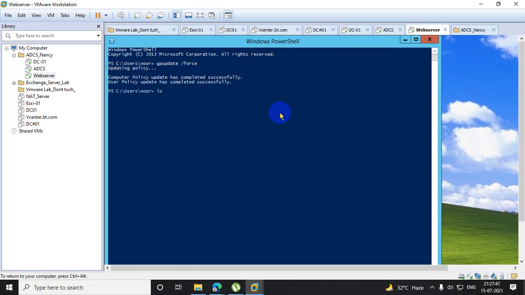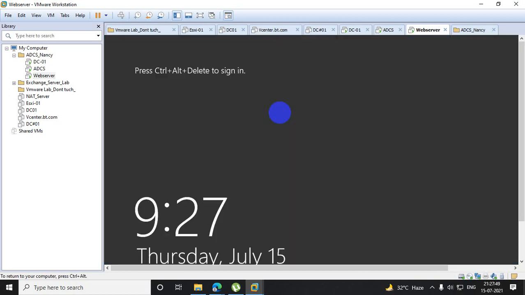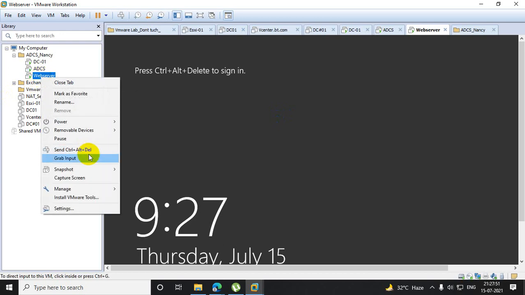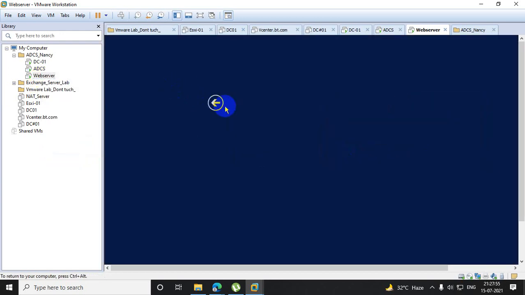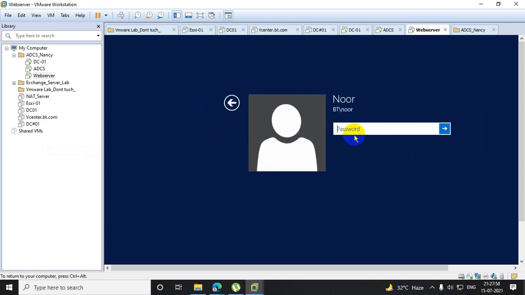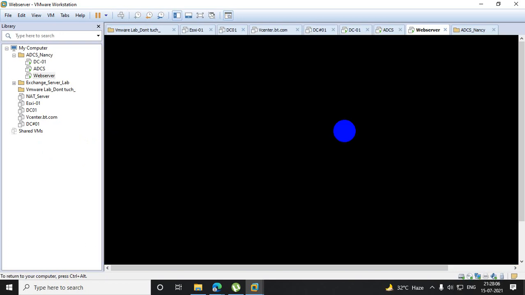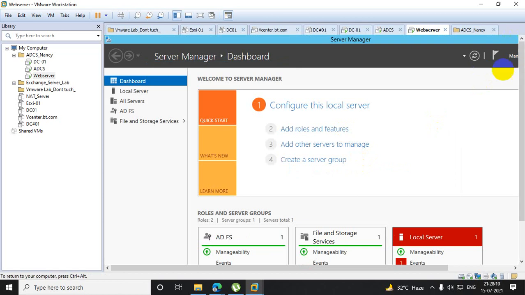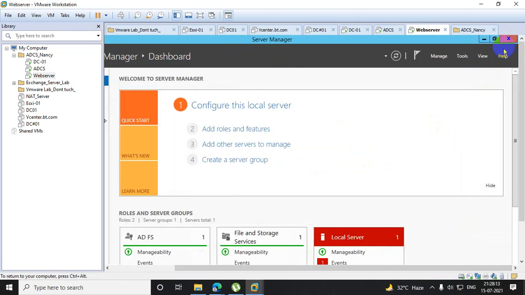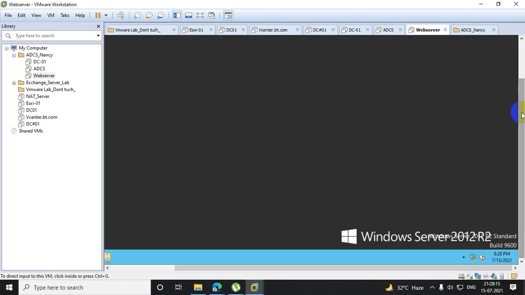Just log off and then log in again. One more thing, some policy, if anything changed, then it cannot be reverted at the same time. So that should be kept in mind. Let's see what happened. Yes. Now see that again the policy was gone. Wallpaper is gone, as I have moved from this particular OU.